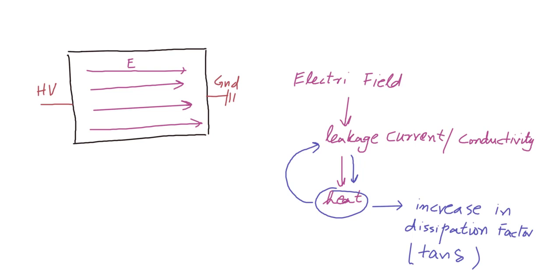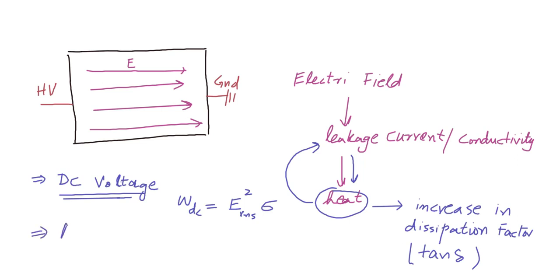So for DC voltage applied, the heat being produced is equal to the square of the electric field RMS value multiplied by the conductivity. And for AC applied voltage,